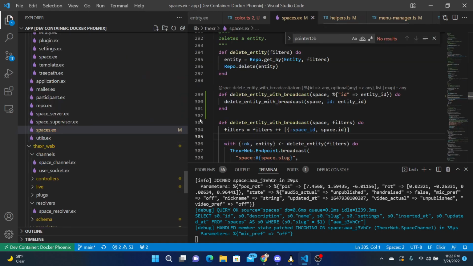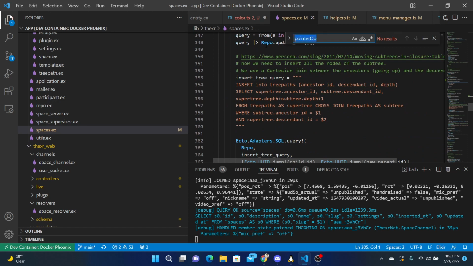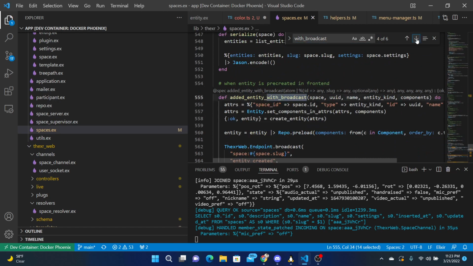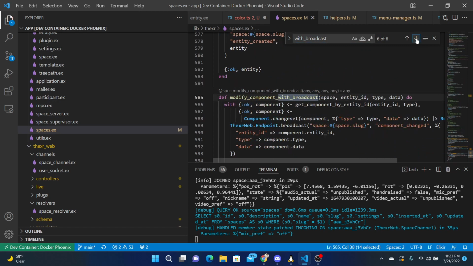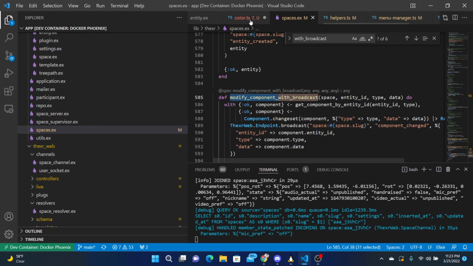Check the spaces API. I think it is something with broadcast. Let's look with broadcast. It's not a delete entity. It's not add entity. It's modify component with broadcast. It takes the entity ID, the type, and the data. So the function name is modify component with broadcast,